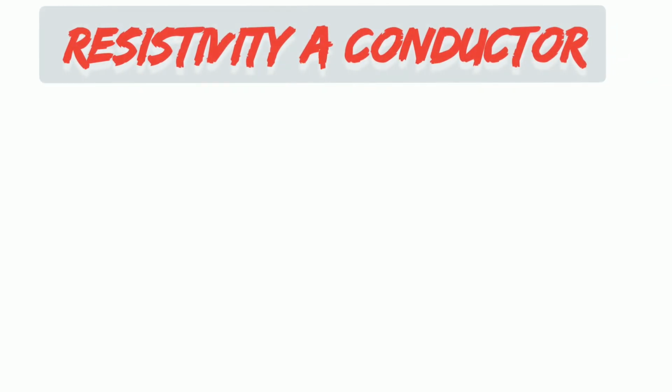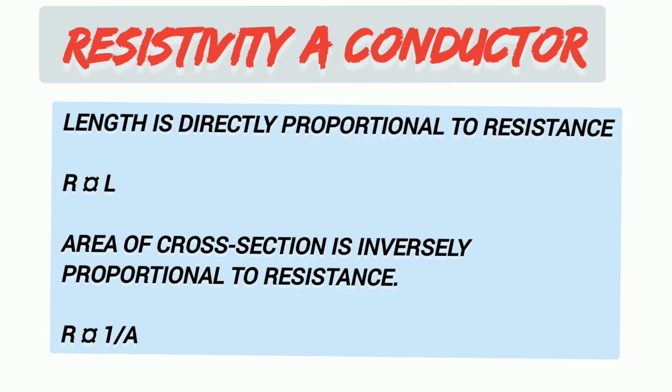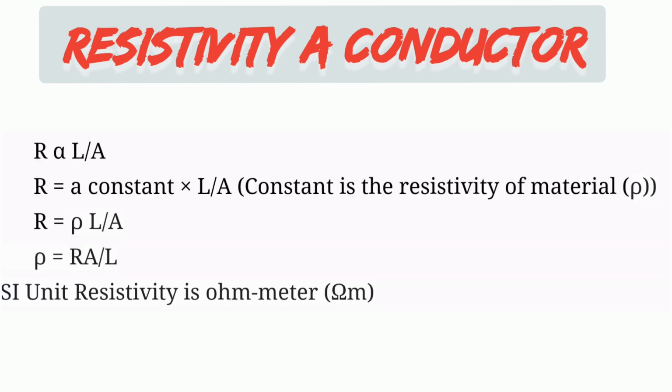Let's study about resistivity of a conductor. We know factors affecting resistance are nature of material, temperature, length of conductor, and area of cross-section. From what we discussed earlier, resistance is directly proportional to length, and inversely proportional to area. Combining these together, we can express it as resistance is proportional to length by area, that is, R proportional